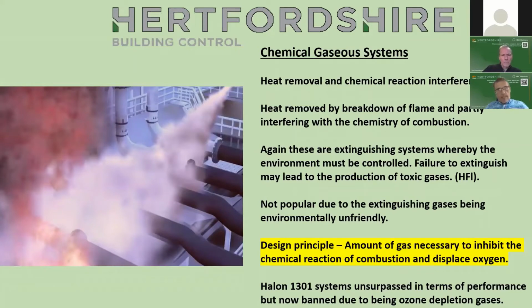Then we've got the chemical gaseous systems. So there's heat removal and chemical reaction interference. That's the two aspects of the tetrahedron that are removed. So there's heat removed by the breakdown of flames, partly interfering with the chemistry of the combustion. Again, these are extinguishing systems, and the environment has got to be tightly controlled. And where the biggest problem is with these is that if it doesn't extinguish the fire, there's a good chance you get